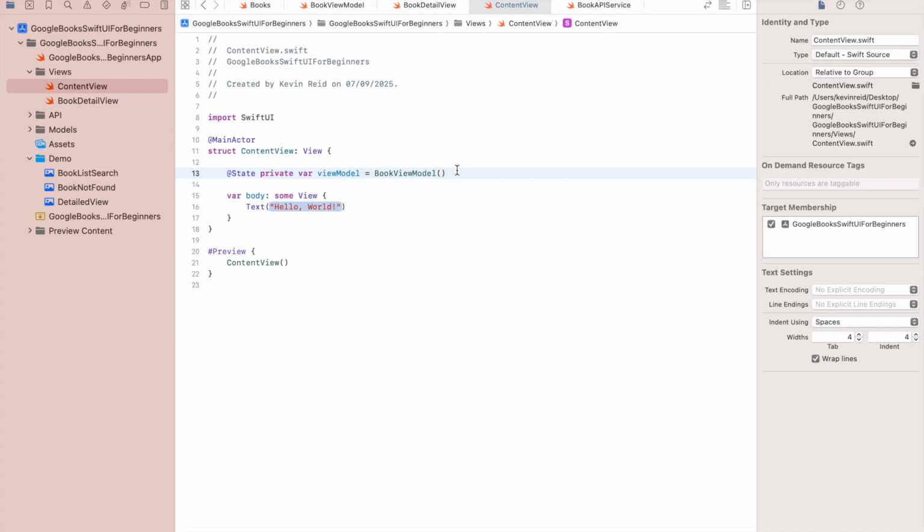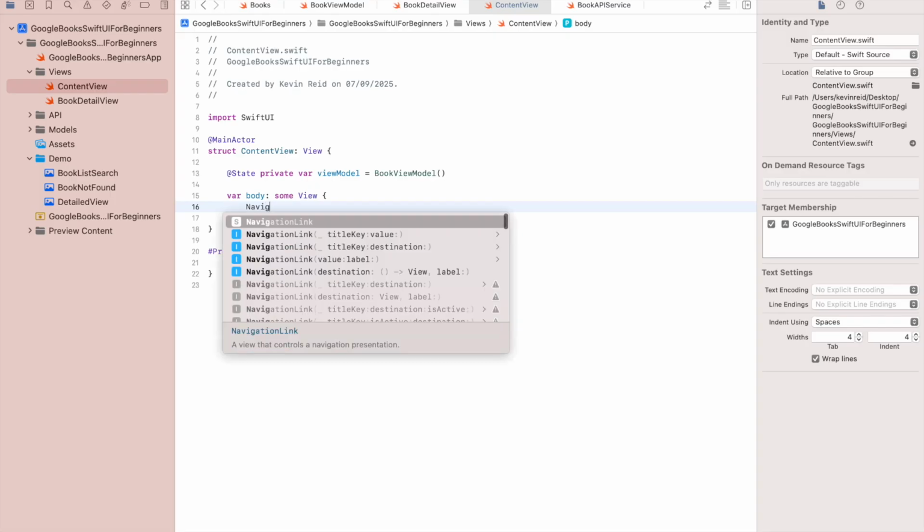Really, here we should be using dependency injection, and also maybe protocol-oriented programming as well. But because this is a beginner's tutorial, I'll just do it this way. So we create our new instance of the book view model, and then we need to have our navigation stack,